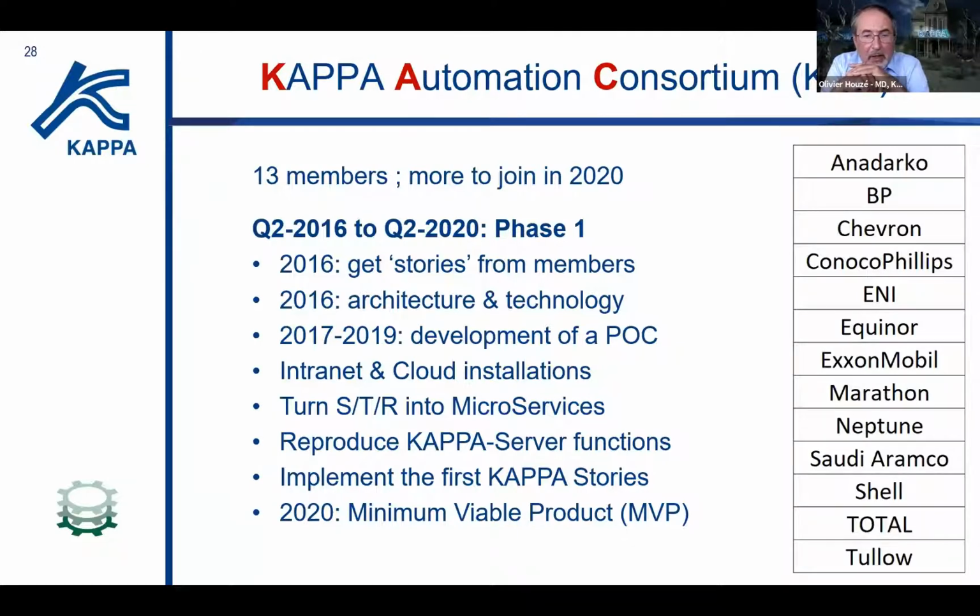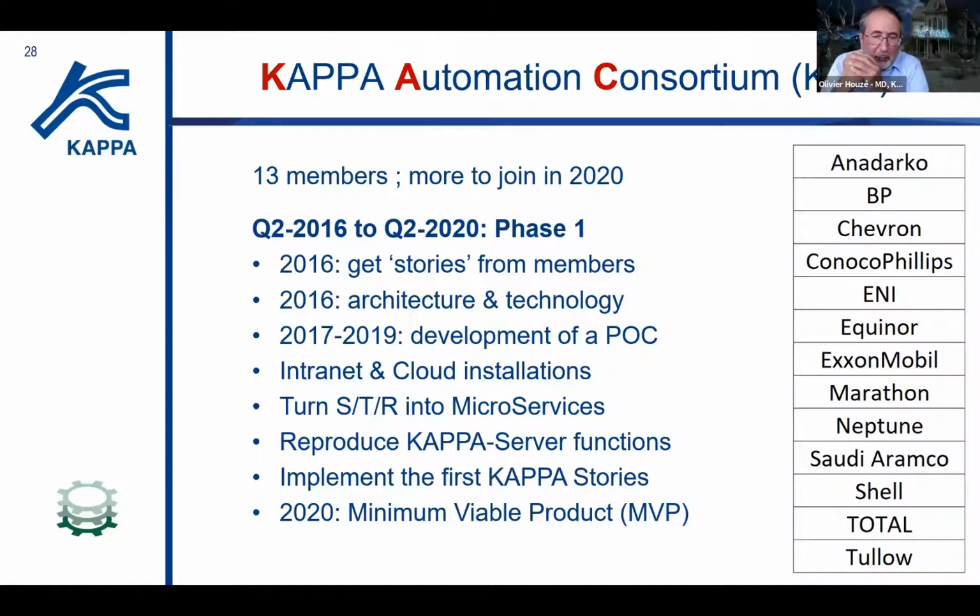We also took this occasion to make sure that we could deploy this POC both on an intranet or in a cloud environment. We also took this occasion to convert Sapphire, Topaz, and Ruby into microservices. Ultimately, when we get to generation 6, we will probably split things into smaller microservices. Sapphire is a little bit big for a microservice, but okay,